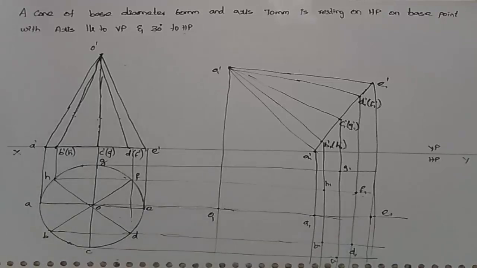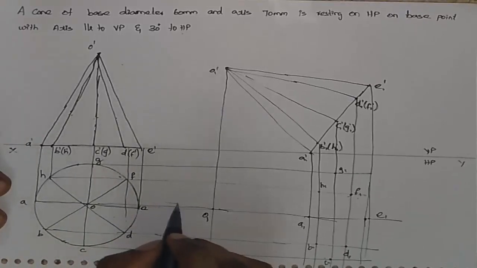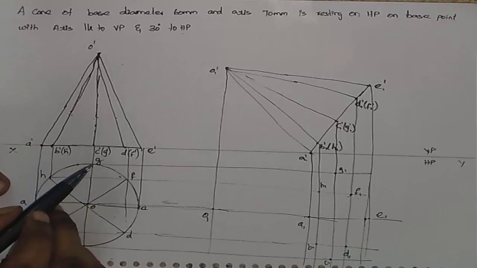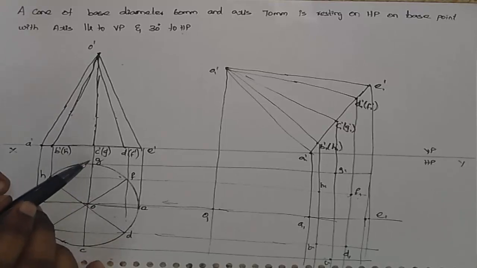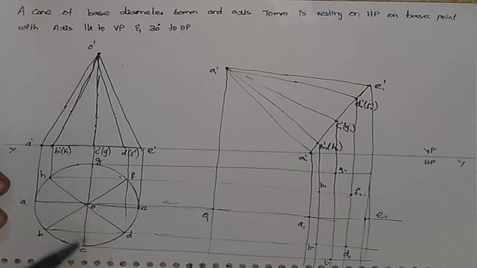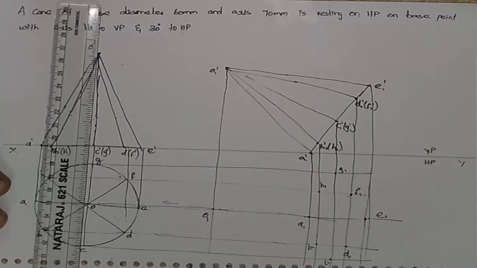To find out the visible and invisible edges, what you have to do is, opposite to the resting point, put an arrow mark here, and the top extreme point is G, the bottom extreme point is C. Connect this point G and C through the point O. If you connect these points, it will be a straight line. So there will be an imaginary line like this. Edges between this imaginary line and the arrow mark will be visible.